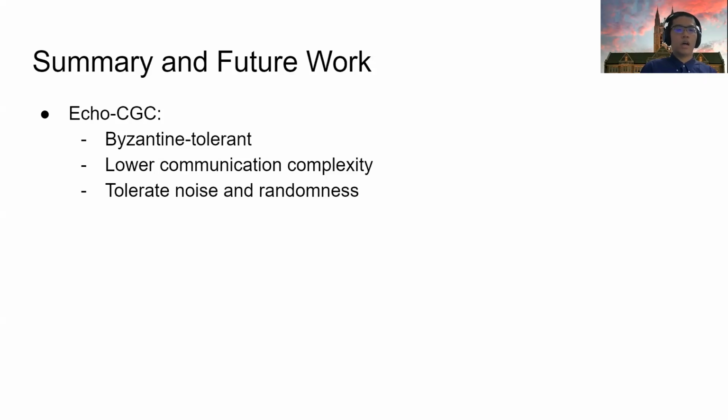Second, our current echo condition checks whether a vector is close enough by comparing the Euclidean distance to a certain radius threshold. So an interesting problem is whether there exists a more efficient mechanism for constructing echo messages. For example, can we use the angle between the computed gradient and the stored gradient instead of the distance?